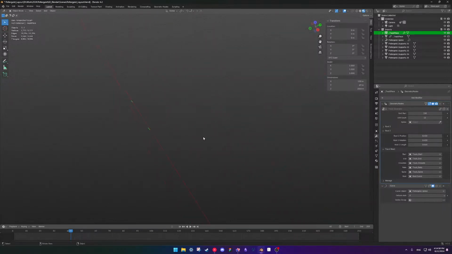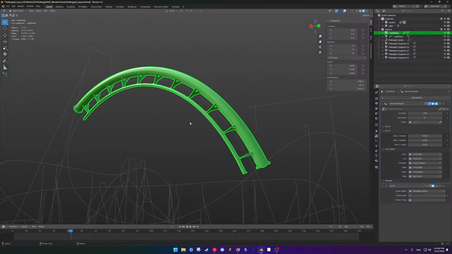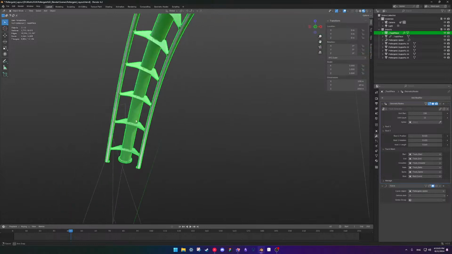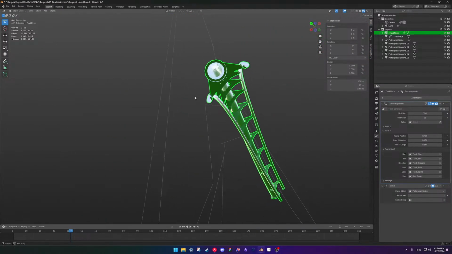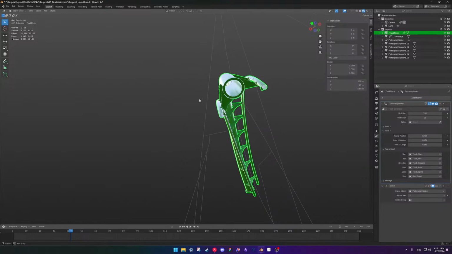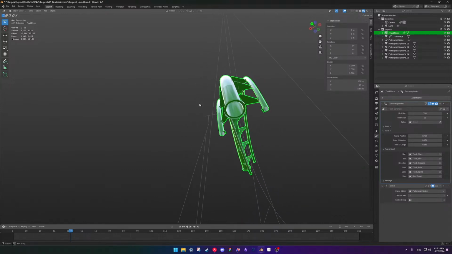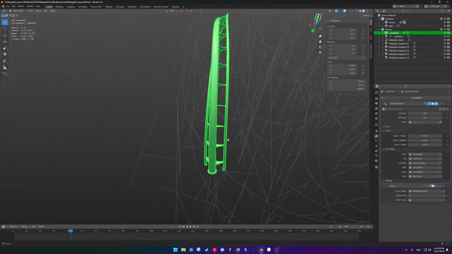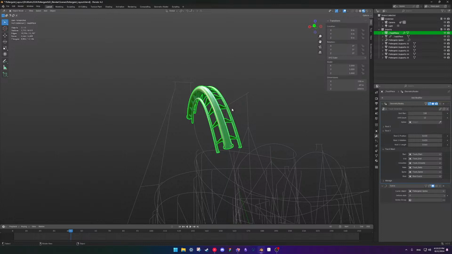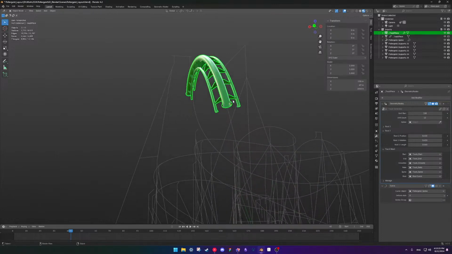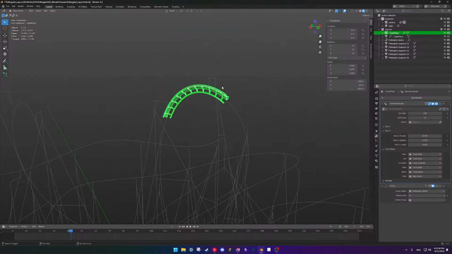Ah, so the root curves do not follow the other curve. I can't have a curve follow a curve.